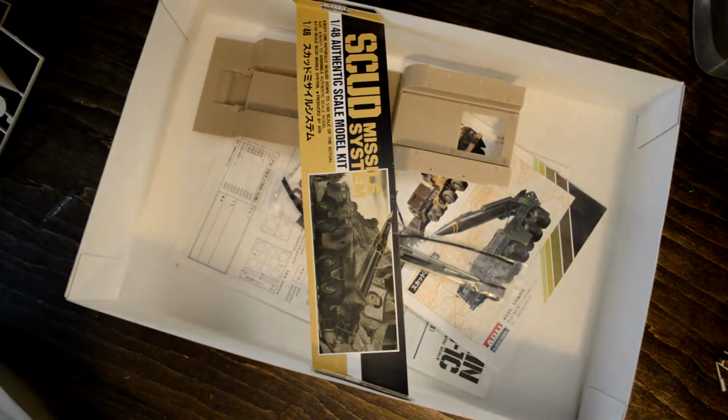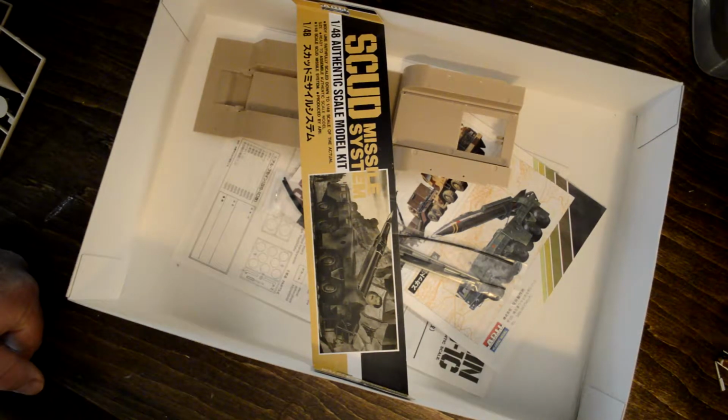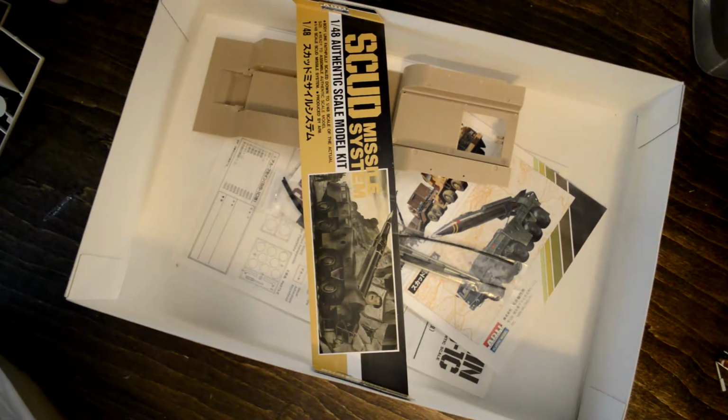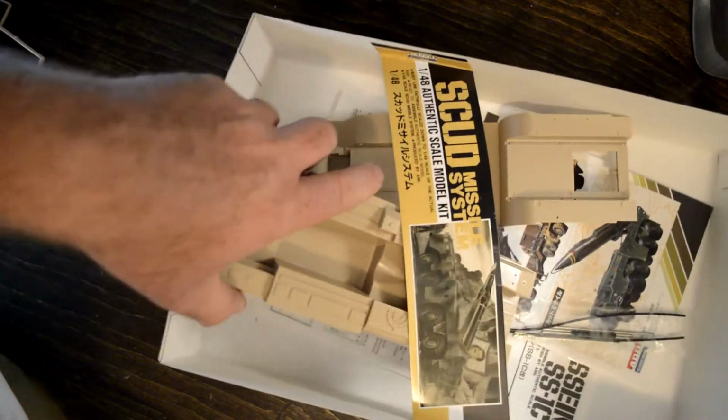So that is my pick for the group build that Jeff started. I don't think there's a start date or an end date. It's just do it to get over the hump of not wanting to do any cars. I guess everybody's kind of venturing outward with airplanes and armored vehicles, and really nothing wrong with that. Actually increases your skills on all the others, and so hopefully other people will join,